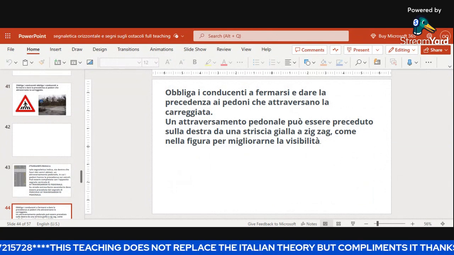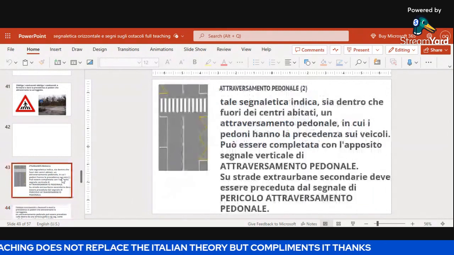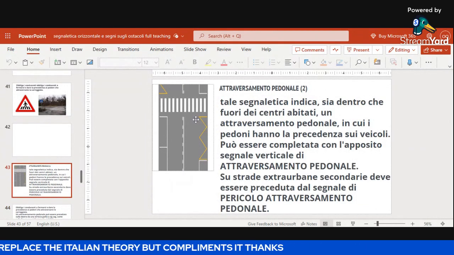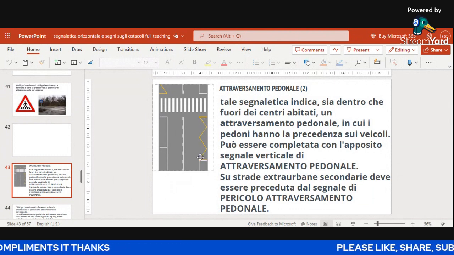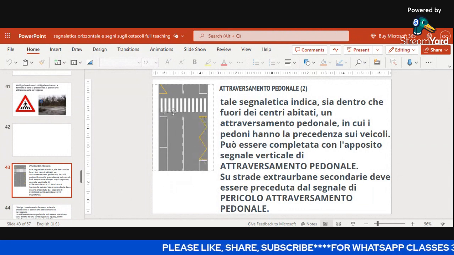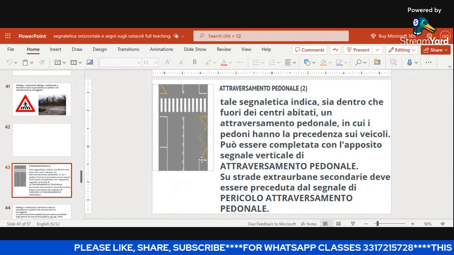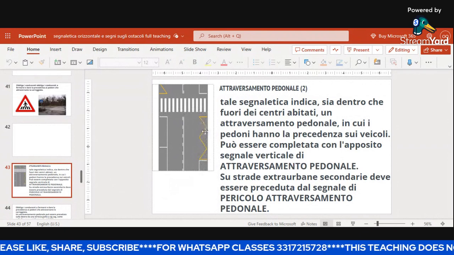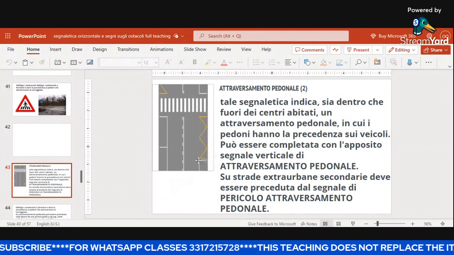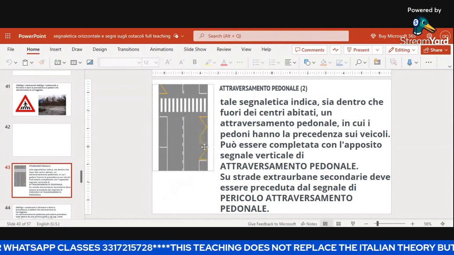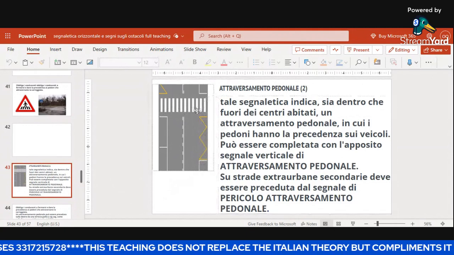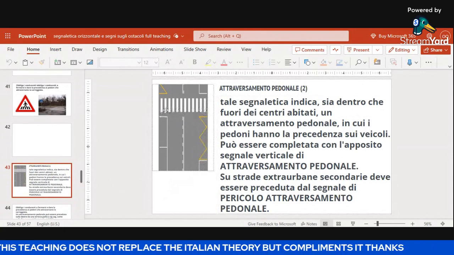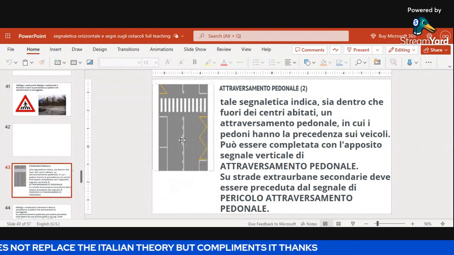This pedestrian crossing can be seen before you see the zebra crossing, you can see this particular yellow striscia gialla here, to better the visibility of this zebra crossing. So we have shown you the two zebra crossings we have, the one without this yellow striscia,